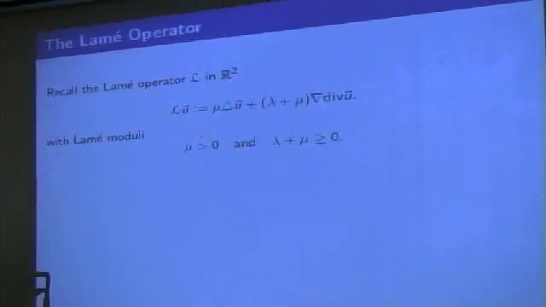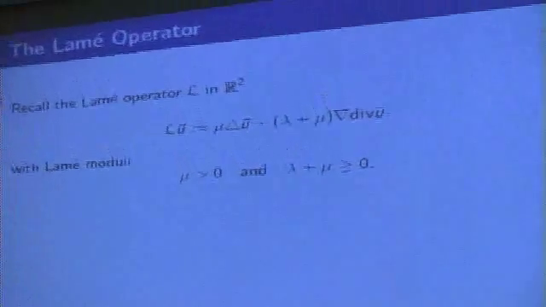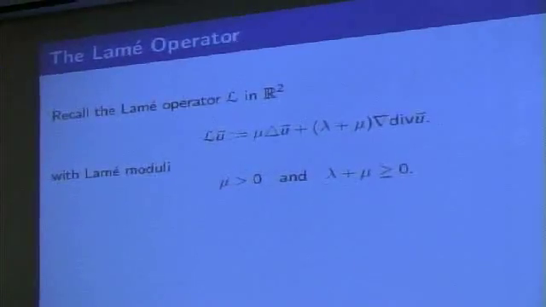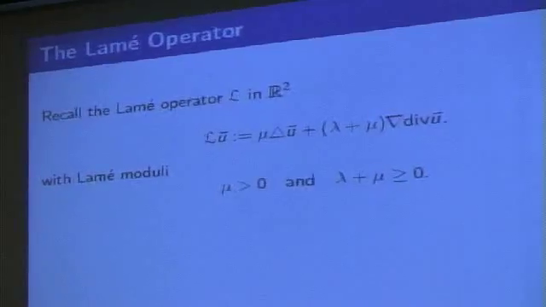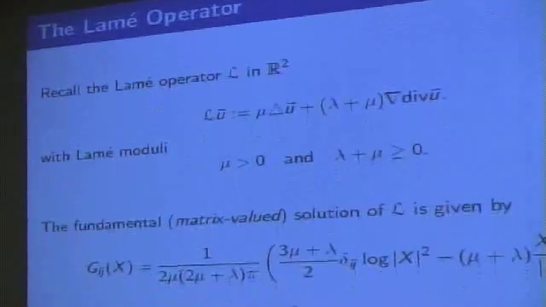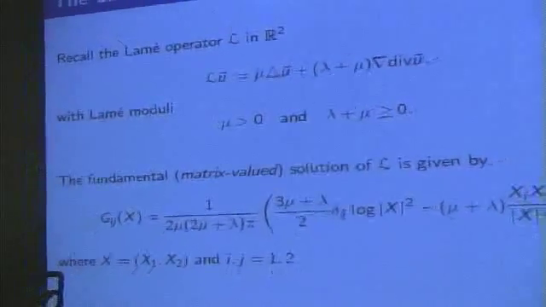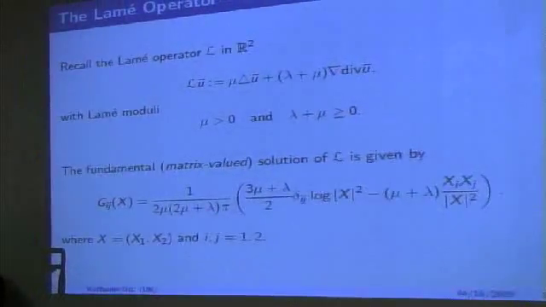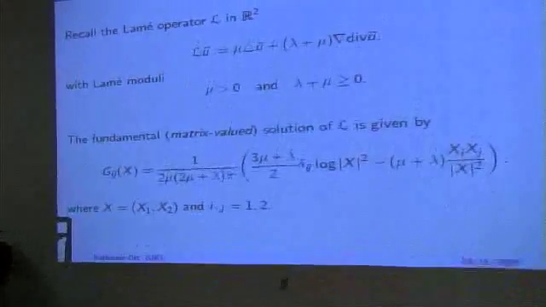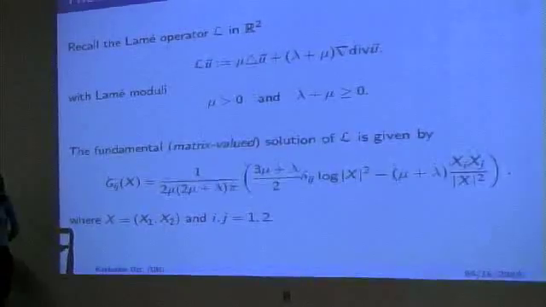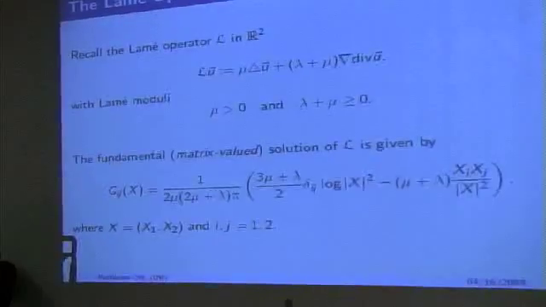Okay, so I just want to remind you of the Lamé operator in 2 dimensions, given as follows. The lambda and the mu are constants known as the Lamé moduli, satisfying those 2 given conditions, that mu is greater than 0 and their sum is greater than or equal to 0. And secondly, I have on the bottom of the slide the fundamental solution, which is a matrix valued solution to the Lamé operator, given as follows, for i, j equal to 1 and 2. So you see it depends on the Lamé moduli here. Here the delta sub ij is the normal delta symbol equal to 1 when i equals j and 0 otherwise.